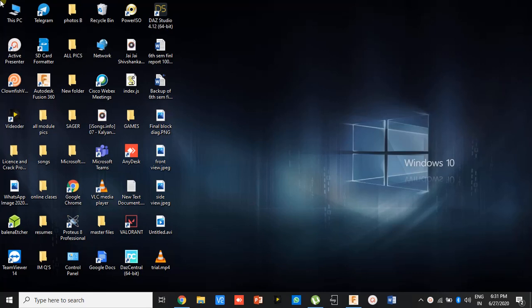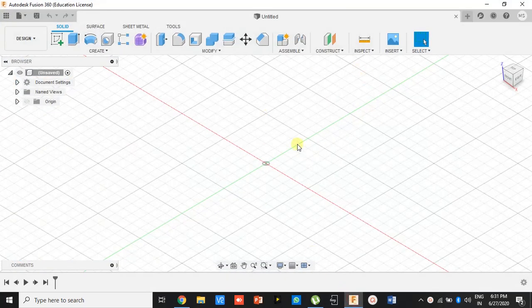So today I'm here to show you how to make a design and animation of fidget spinner in Fusion 360 software. So guys, this is the best thing that you can try out in the lockdown period. So let's begin. Firstly, open the software, and here ball bearing is the main thing as it is used to spin the fidget spinner. So let's bring it on the screen.